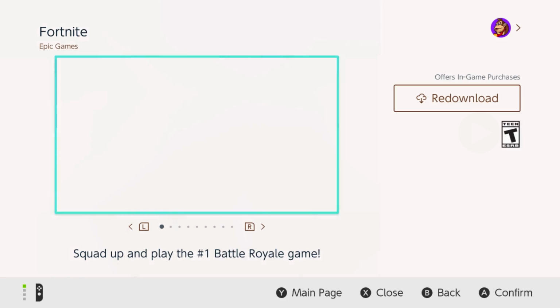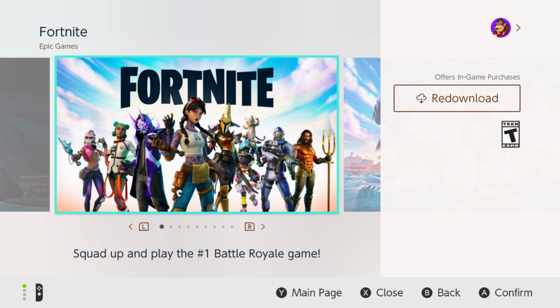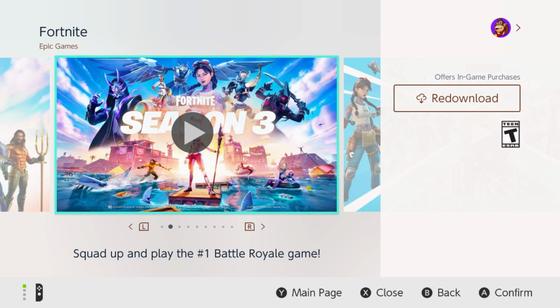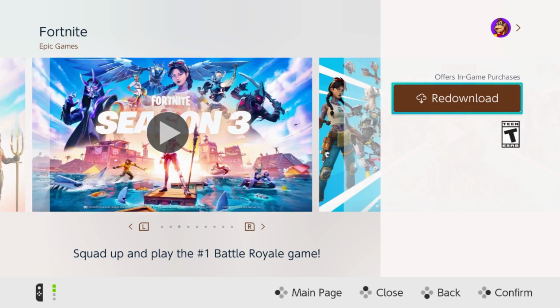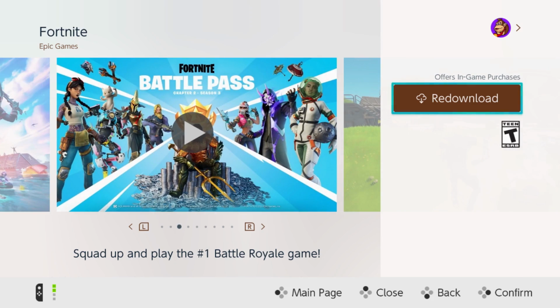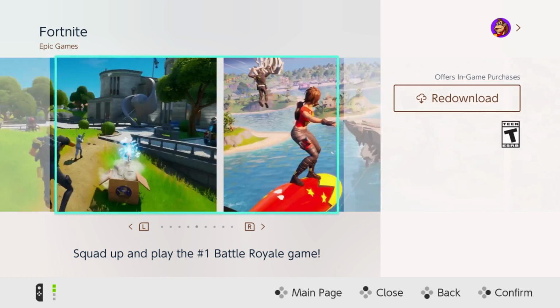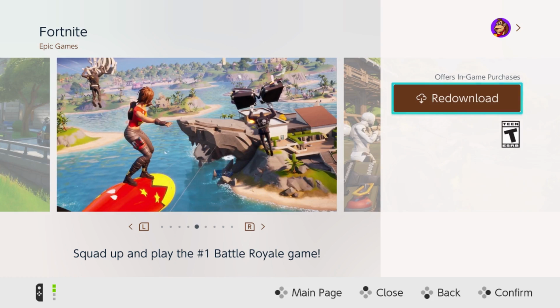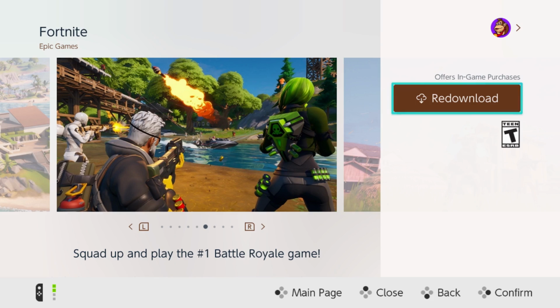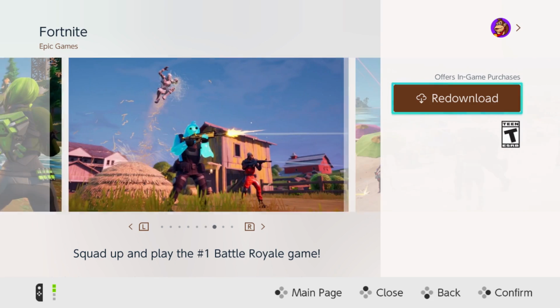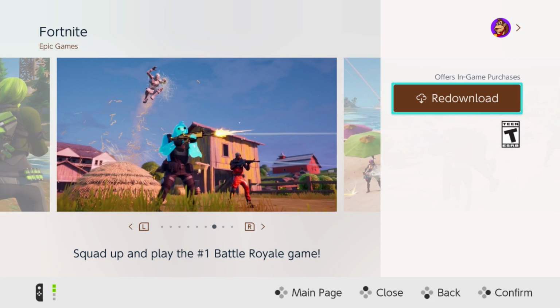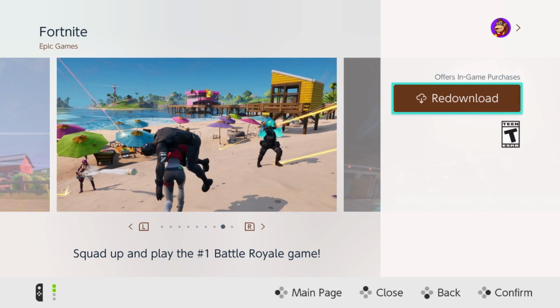Now, as you can see, I have already downloaded Fortnite on my Nintendo Switch in the past. So it's asking me if I want to re-download it. If this is the first time that you're putting Fortnite on your Nintendo Switch, it will be a free download. So right in this area, just click where it says free download. Then it will ask you to confirm the free download. So you click the free download option again, and then it should at that point start downloading Fortnite onto your